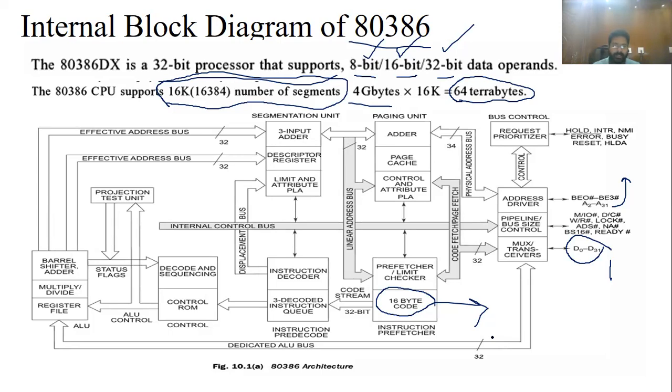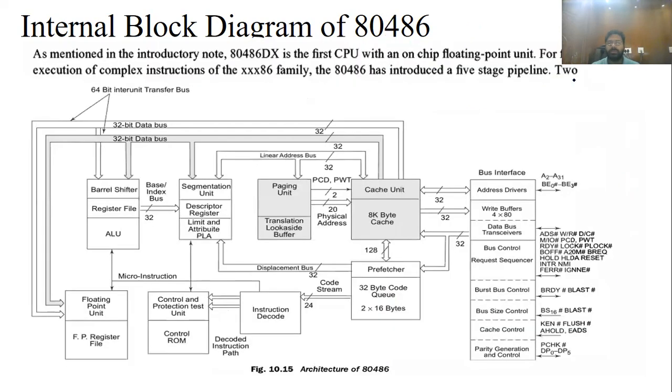Okay. Similarly, you know that this one is also divided into a number of segments, and the bus control unit as well as address buses and so on. So you just remember and draw this one. Okay, you want to learn this one. So what is the bit size of the 8086, 80286, or 80386 microprocessor? Okay, bit sizes. Now coming to the next one, 80486 micro.